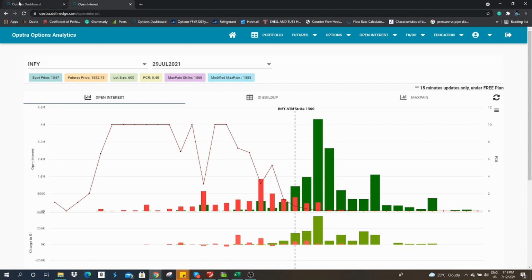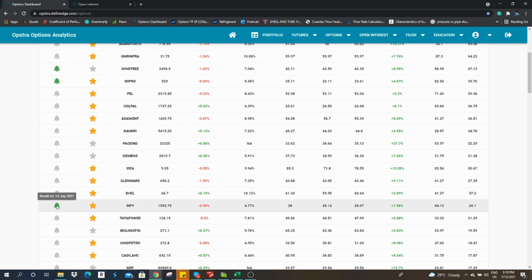Infosys is about to declare its result on 14th July, which is day after tomorrow, and I think the result will come post market hours. Hence, the market price action for Infosys will be on the 15th July, which is Thursday of this week. As you can see, the IV has increased significantly today, so we can use this opportunity to short some of the options so that we'll get a good premium.